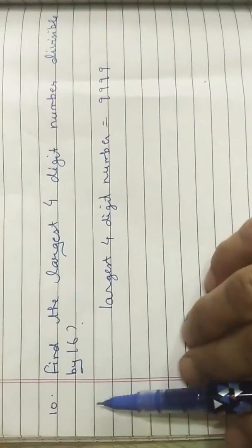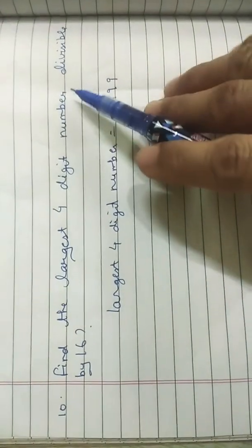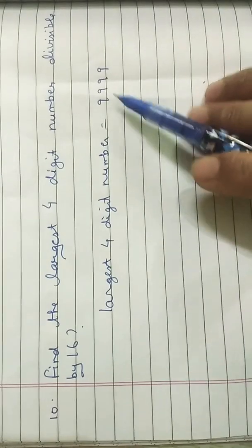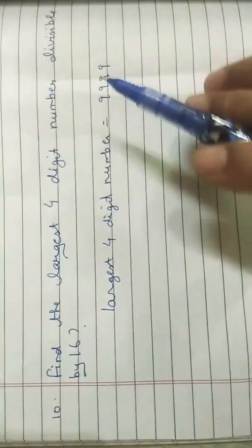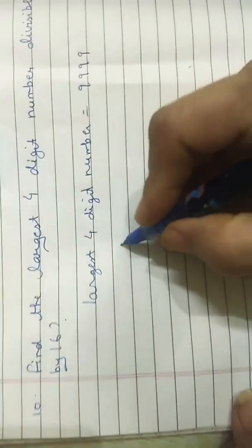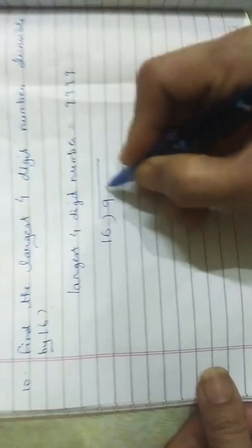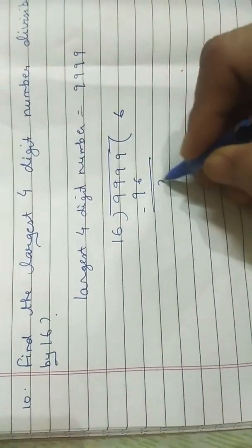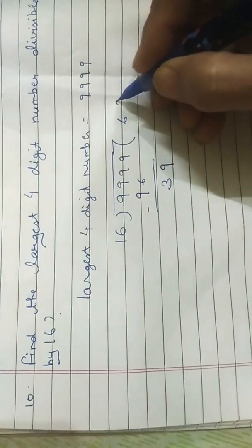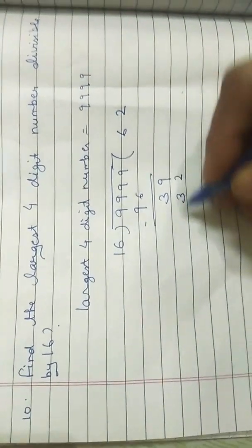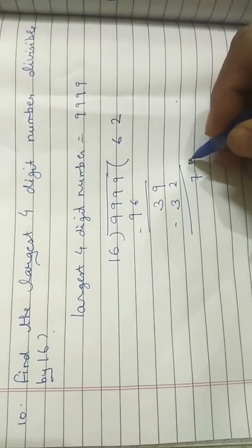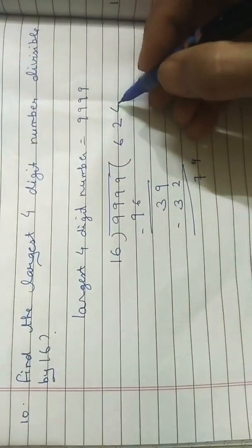Question number 10. Find the largest 4-digit number divisible by 16. The largest 4-digit number is 9999. First we will divide this number by 16. Now 16 6 ja 96, remainder 3. 16 2 ja 32, 7, 9, and 16 4 ja